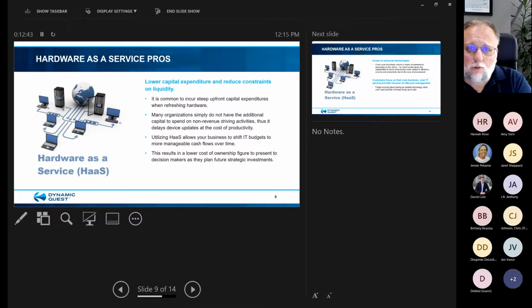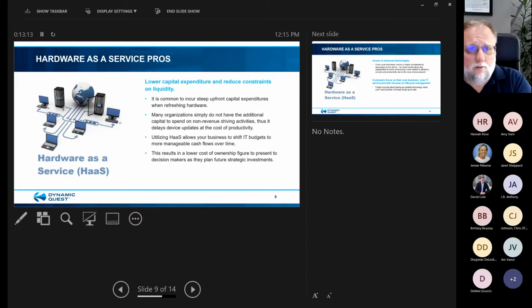Talking about your core network, when you're talking about servers, sometimes it's not just the hardware, it's the licensing that goes on those servers that can add up into the thousands. So it gets very expensive very quickly, as you well know, when you're provisioning any amount of hardware. And by doing it with hardware as a service, you don't have to come up with that big upfront cost. There's not a big upfront cost for installation and configuration.